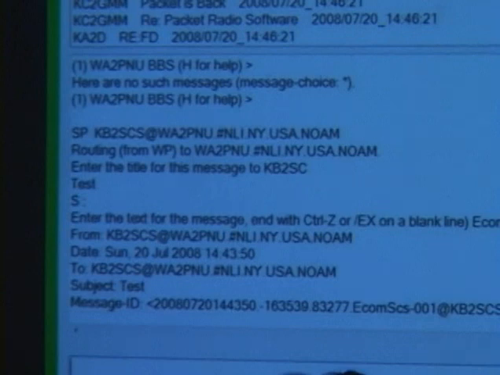The next line, of course, is asking me to enter the title for the message, in other words, the subject. EcomScs automatically sends the word test. And after that, the BBS is telling you to type in your message. Well, I don't have to type my message in. It's already there. So EcomScs automatically starts sending the message with the from, the date, the to, the subject,